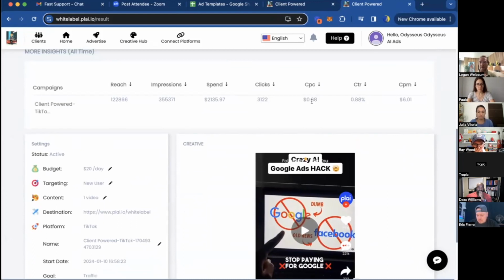Click-through rate on TikTok is going to be a little bit lower, but the overall cost per click, we've even seen much lower, but even on average, the cost per click on Facebook, the global average, is $1.80. Here it's just 68 cents. So we'll use this to get relevant people to our site for cheap.